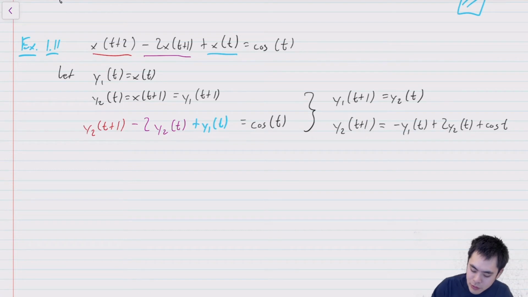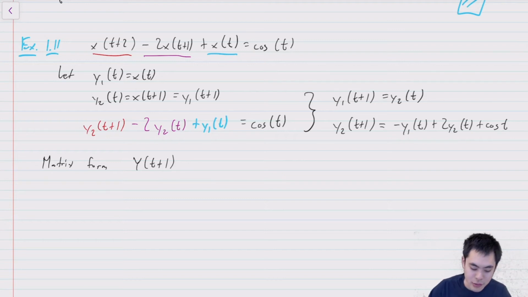Okay, and we can rewrite this in matrix form to get y of t plus 1 is equal to Ay of t plus b,